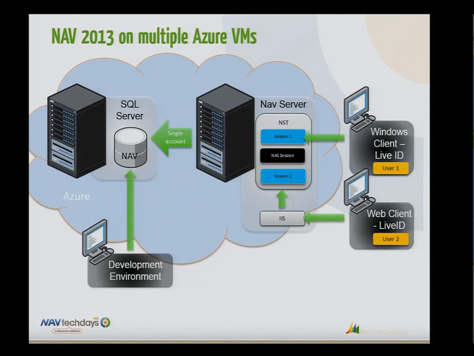But in order to get this to work, there were a few things that we needed to change. We needed to change the authentication and delegation, etc. But I think the biggest change we've made is to how you set up users and how you authenticate, because that is very different from the 2009 paradigm where you would either run Windows locally or Windows authentication remotely. So the first thing we're going to cover in detail is the authentication in NAV 2013, and Stefan will come up here and walk you through that piece.